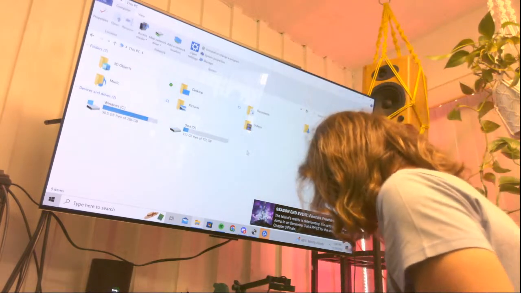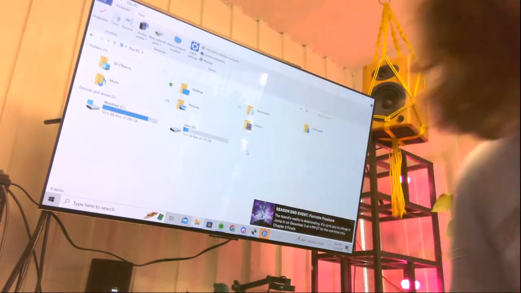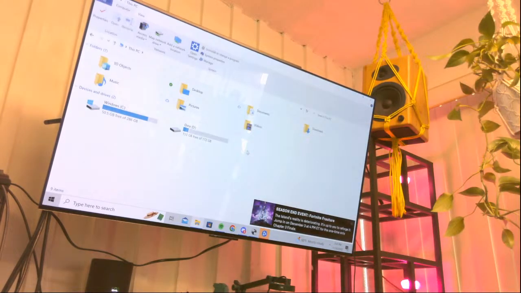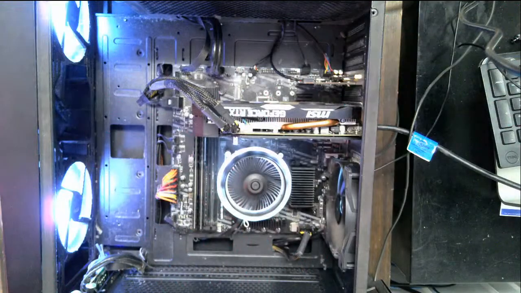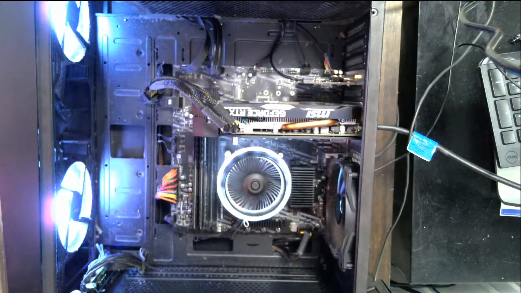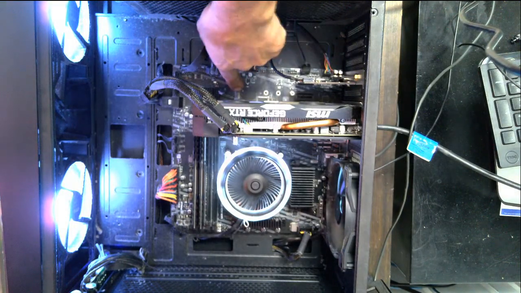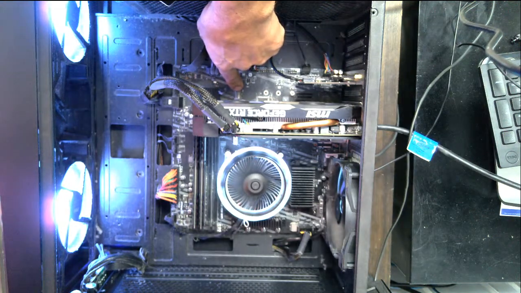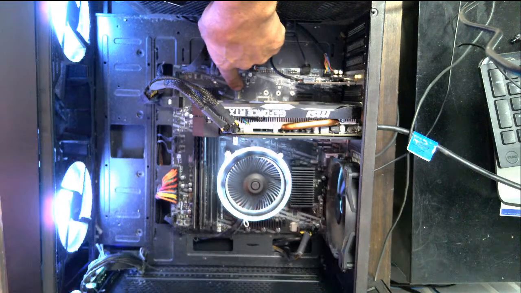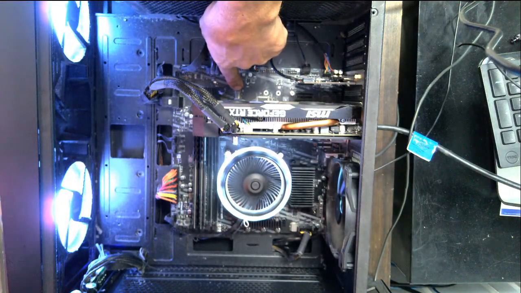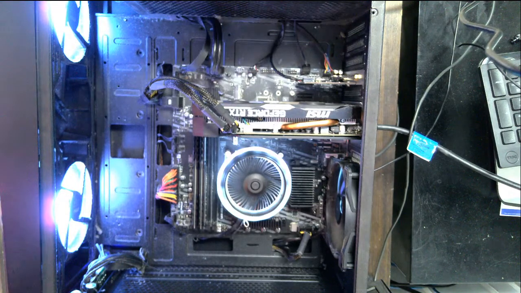So, let me see here. This is the machine I just had on the screen. He does not have an M.2 drive. He has a mechanical drive inside. He has an SSD SATA drive, but that's a slower technology. So I'm showing you what's inside the machine, and what I'm going to install is his M.2 drive, which is